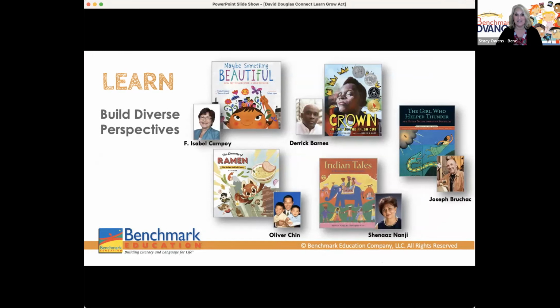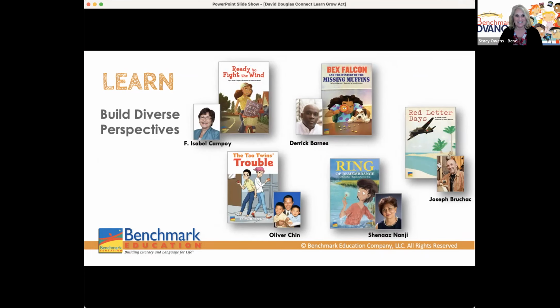Benchmark actually commissioned a diverse group of published trade book authors to use their rich storytelling skills to write and build text sets for Benchmark Advance. Authentic literature is an anchor text for whole group instruction as well. In kindergarten and grade 1, authentic trade books are provided in the form of big books and lap books. Our authentic voices texts reflect a team of diverse authors and illustrators who tell their stories in their own voices, allowing children to see themselves reflected in text, as well as learn about others.